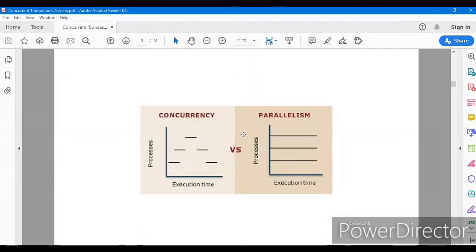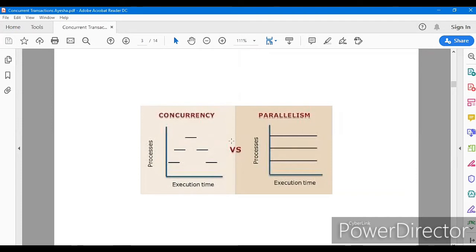A multi-processor environment is a tightly coupled system because memory is being shared, and we are targeting a single input and single output, or multiple output, or multiple input and single output. But in parallelism, it will be multiple input, multiple output, and no shared memory. So it is a loosely coupled system.